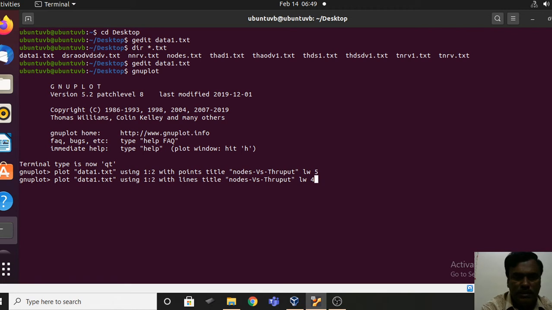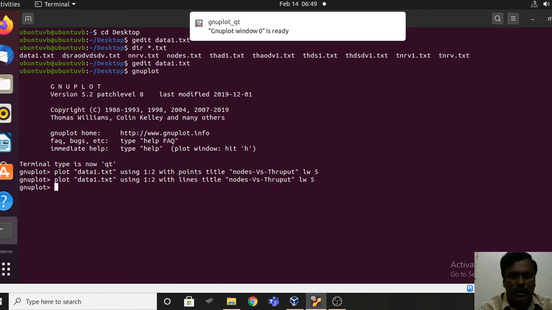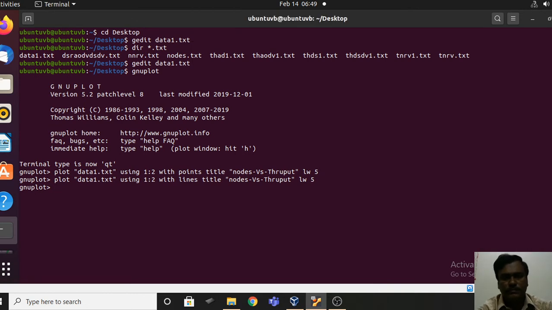So this is the only change that I have made. If you want to change the line width value also you can change, but I am keeping it the same. I have changed only this